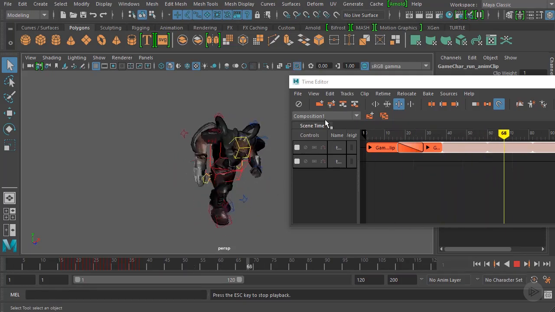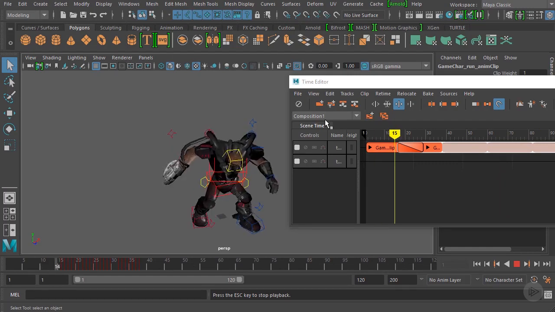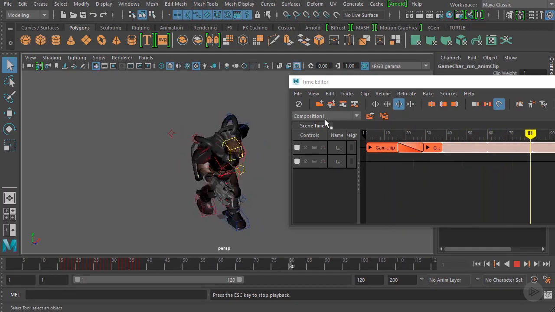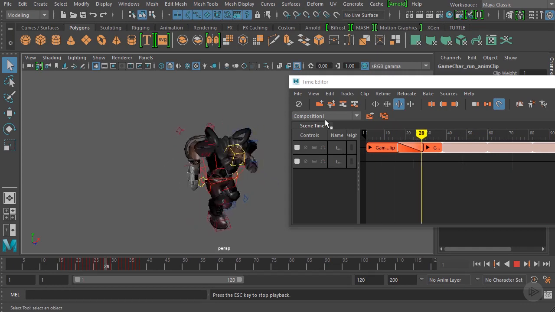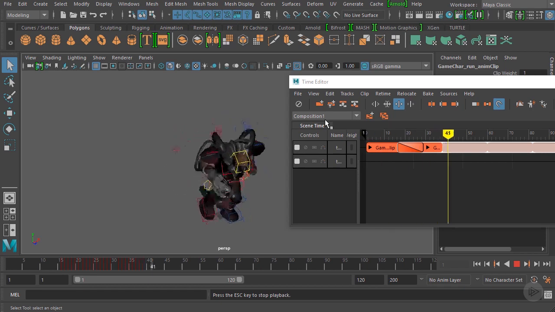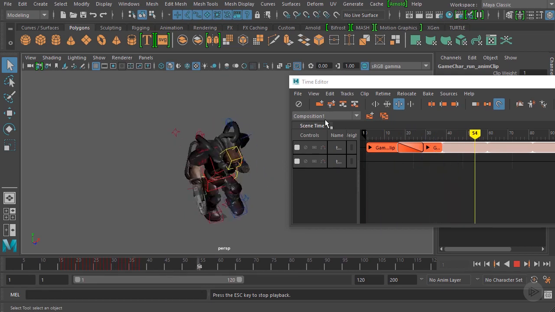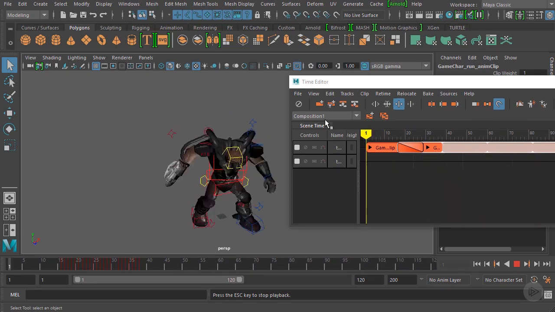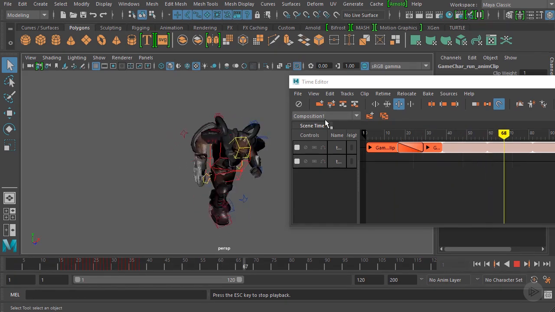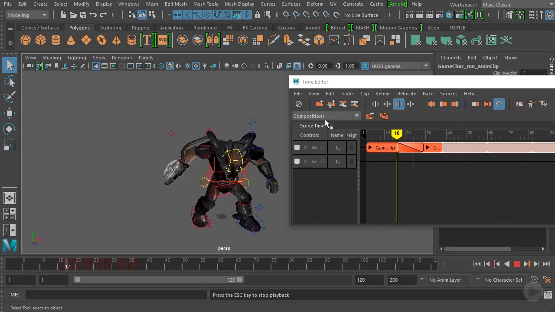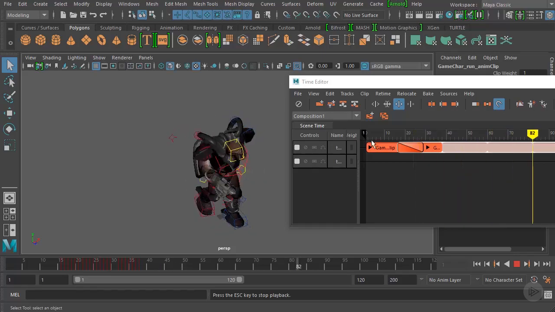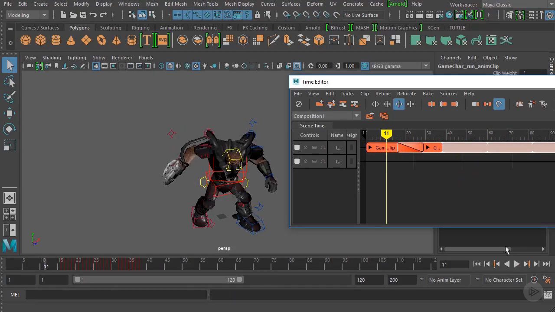Now, one really important thing that I want to mention about the time editor is that this is something you're typically not going to use a whole lot in a production environment as an animator, simply because you want to make sure that you're doing most of the legwork in order to get an animation looking exactly how you want. Because currently what's happening is Maya is simply figuring out the most logical or mathematical way of transitioning between these two animation clips. It's not thinking about believability, it's not thinking about body mechanics and how the human body would actually transition from an idle state like this